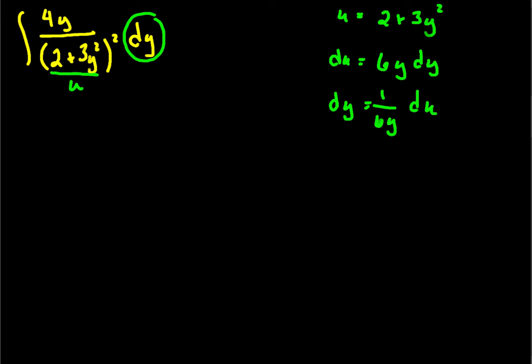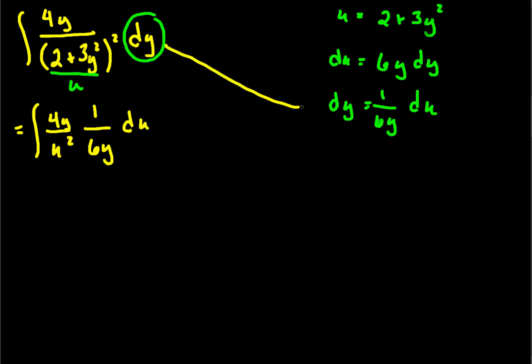And so putting those two pieces back into my equation, this indefinite integral is equal to 4 over u squared times 1 over 6y du, right? Because that's what dy is equal to. And the y's cancel, the 4 becomes a 2, the 6 becomes a 3, and so I can rewrite this as 2/3 the antiderivative of u to the negative 2 du,